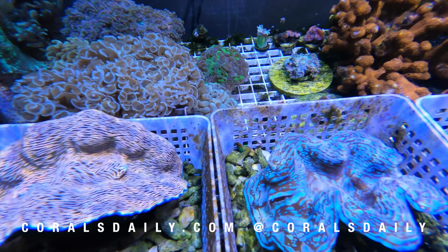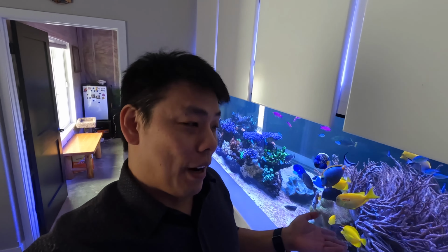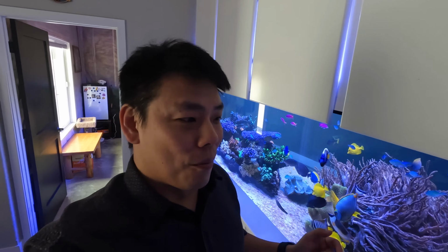So it's been a few months actually since my last update, and one of the main reasons why I haven't done so many updates is because the tank literally looked like crap with a lot of cyanobacteria algae. I still have a little bit, but much better growing in the tank, and it also went through a pH fluctuation. In between this time, I actually took a trip to Taiwan, where my family is, and